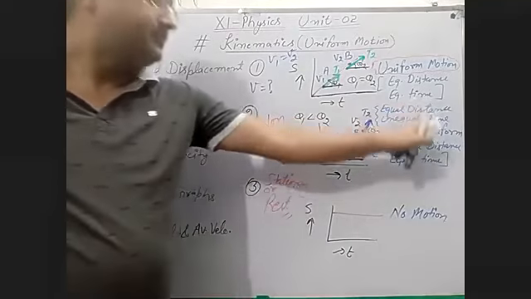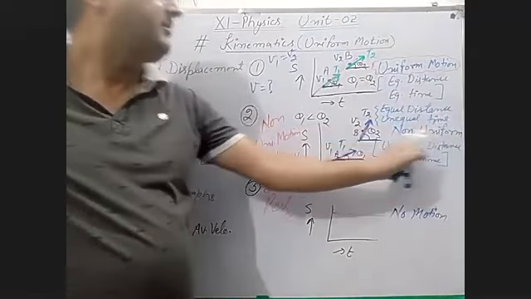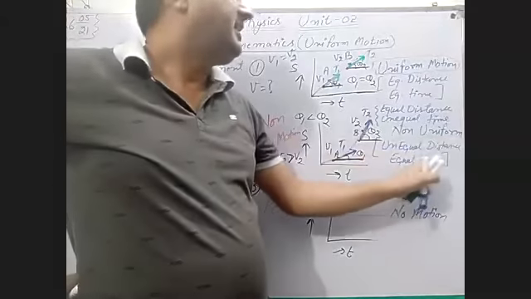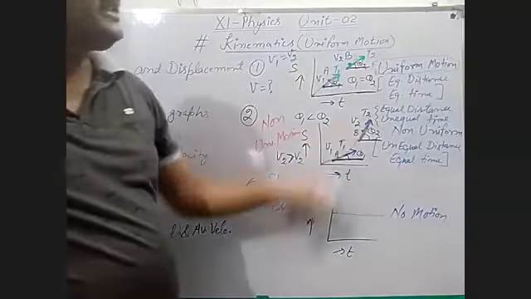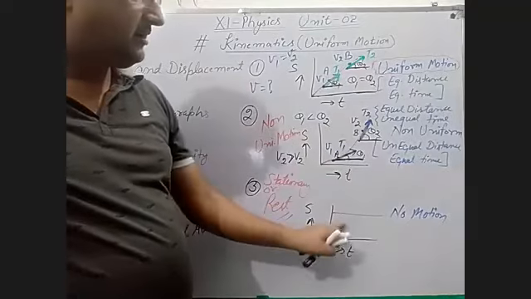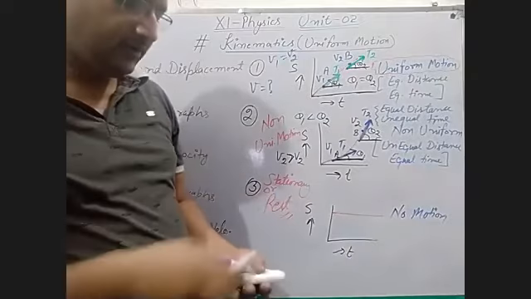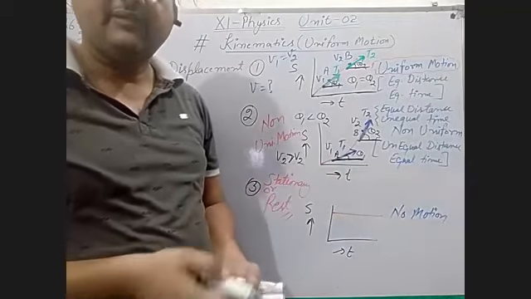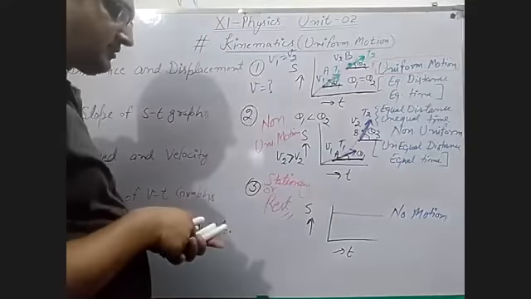But in a statement, you can write equal distance in unequal time, or unequal distance covered in equal time. But graphically, you can see it like this. Now here, at every point there is no slope, no angle, because the angle is 0. If the angle is 0, slope is 0, velocity is 0. You can see this also.